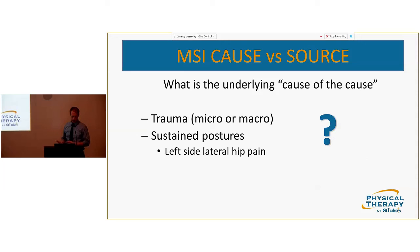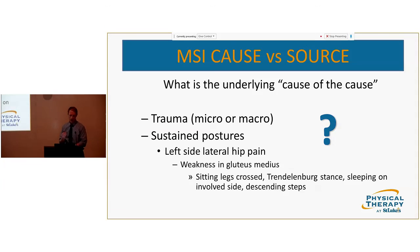So say, give the example below them with sustained postures. Someone comes in to you with left-sided lateral hip pain. Examine them, we find, okay, weakness in the glute medius. But what's driving weakness in the glute medius? Is it just weak? How long has it been going on for? It's been 5 years, 10 years, and as we start to look at then the cause of the cause,